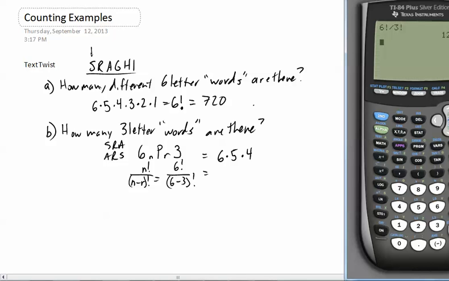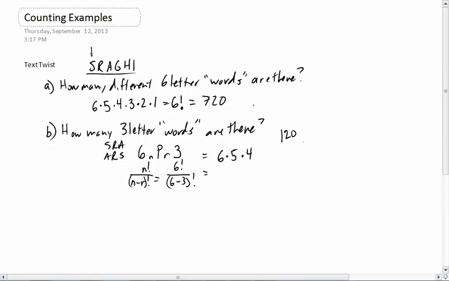Okay, which gives us an answer of, you can't see it, it's barely off the screen, 120. Or we can go 6 times 5 times 4, which also gives us 120. Or we can do the 6, math, probability, nPr, nPr, and then 3. And we get 120 again. And so there are 120